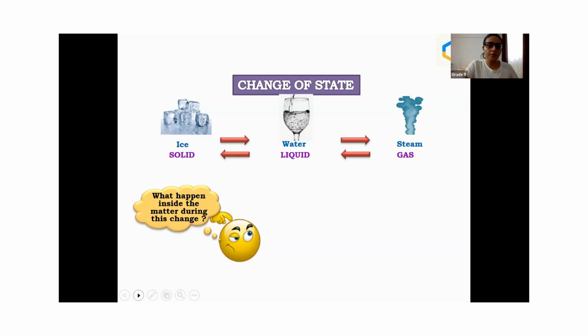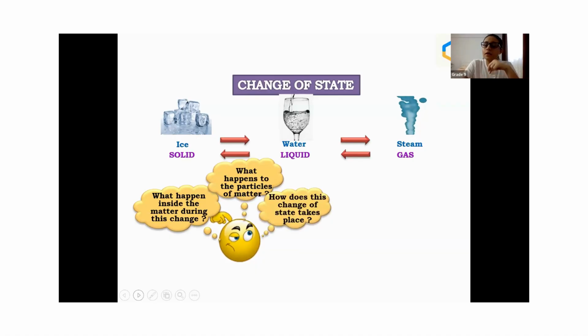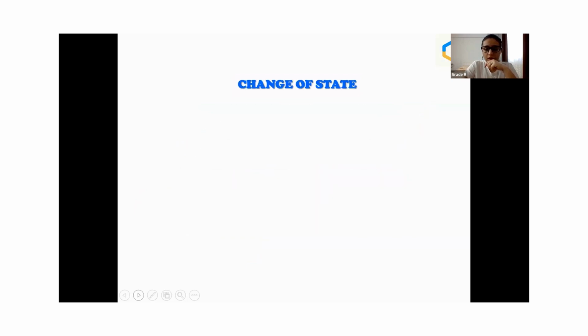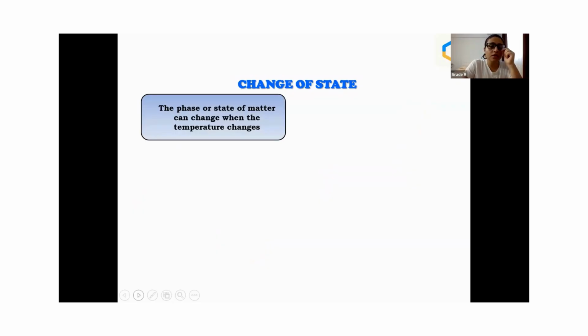Okay. There are some particular terms. What happens to the particles of matter? How does this change of state take place? All these questions we will answer today. So, change of state. The phase or state of matter can change when